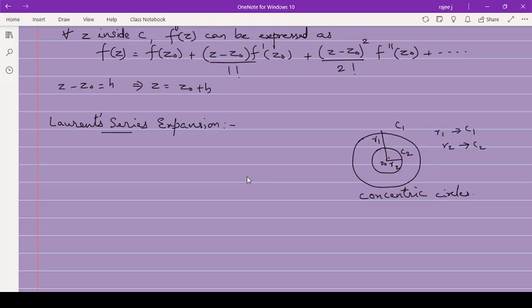So here we define an f of z which is analytic on C1, on C2, inside this one and in this annular region. The annular region means the region between C1 and C2. So we define f of z as analytic on C1, on C2 and the annular region, say R, meaning between the circles. Then for any point z in this R, inside this region,